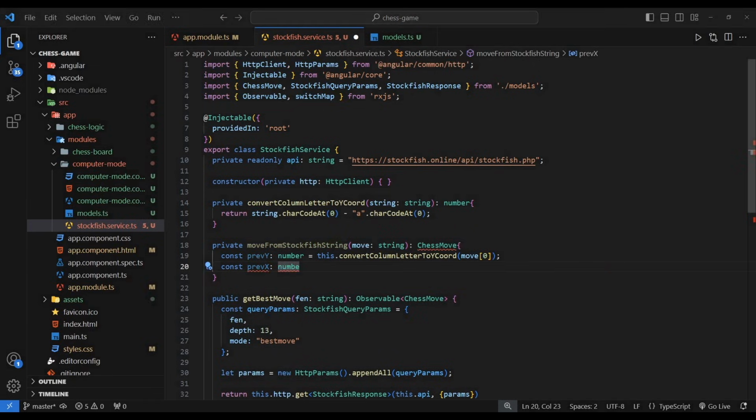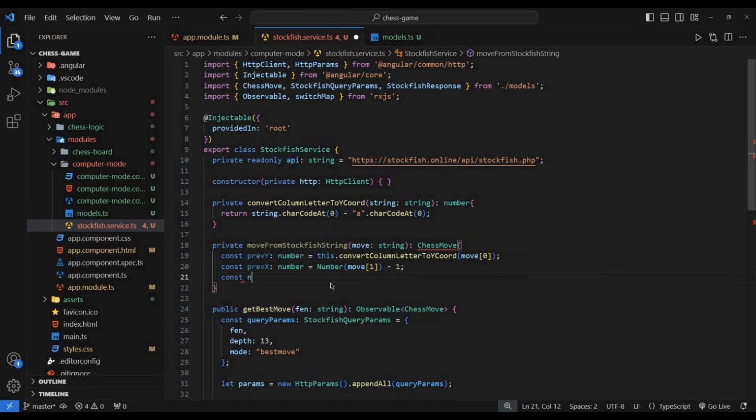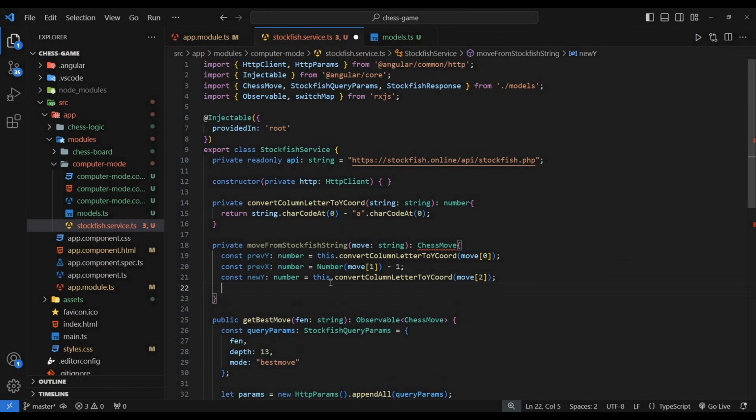Declare previous x. Previous x is actually number of second character in move string, minus 1. Here declare new y, and we also need to call convert column letter to y coordinate. For third letter, declare new x,